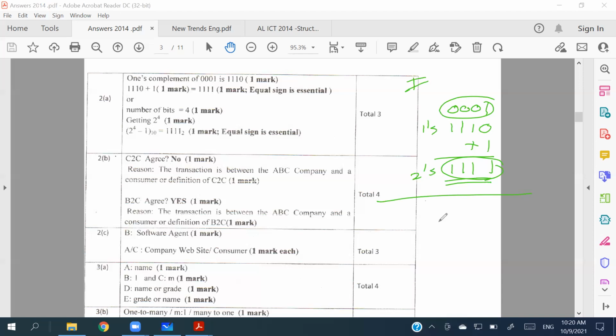Or else you can do it the other way around. So you take 1111, invert it, and add a 1. Then you are going to have this. So you are going to say this value is the positive value of this, right? And they have given you a different method as well, and I'm not really aware about that.